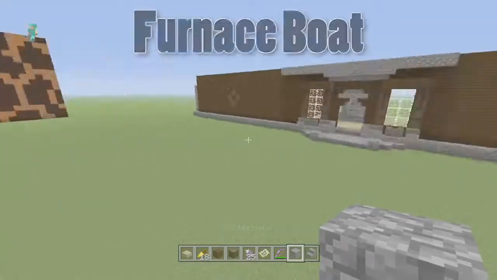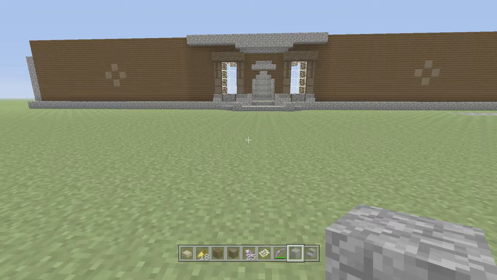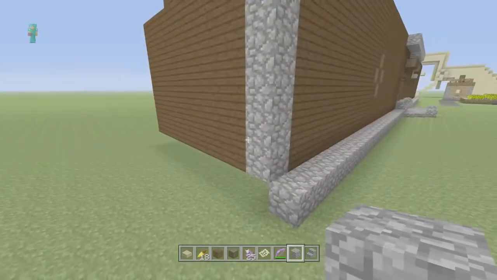The next one is going to be the furnace boat. This is one that surprised me that isn't in the game, because the furnace minecart is useless. Like, it's been in the game for so long. When was the last time you saw someone use a furnace minecart? Oh, a very, very long time ago, because they're useless. So I think they should fix those, as a separate issue, but they should also add the furnace boat as